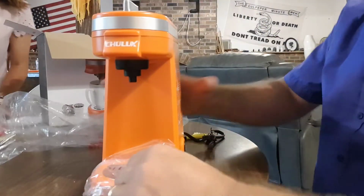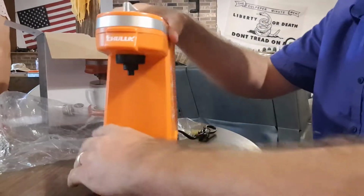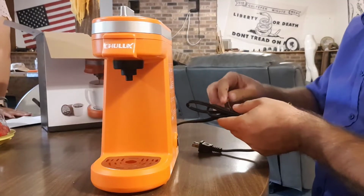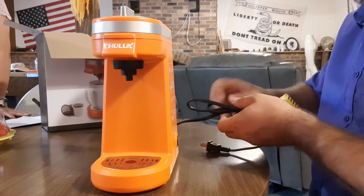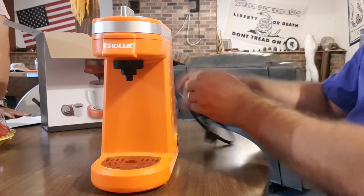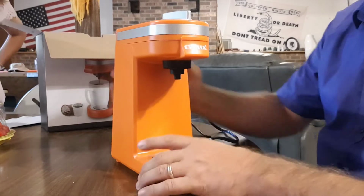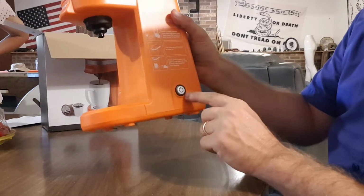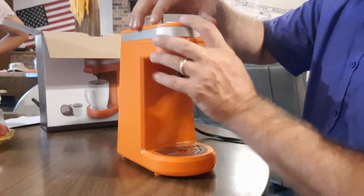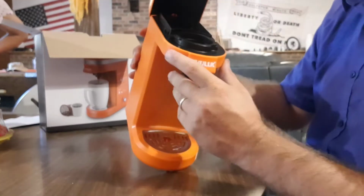As you can see, this isn't that large, so definitely something that you could take traveling with you. If you're in a car, RV. As you can see, that comes off of there. There's no other buttons other than just this power button. So that's going to make it real easy to operate. You can see right here there's a lock, unlock. So you unlock it, pop that up, and